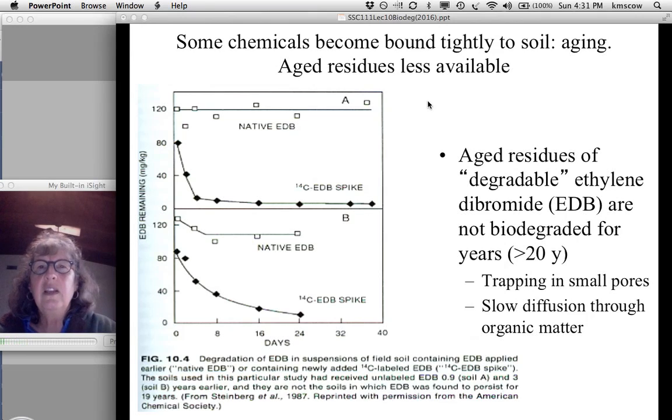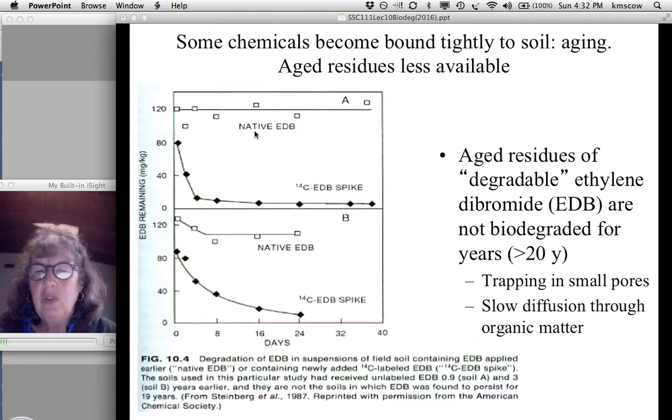Okay, and then the last issue is this process. This is such an interesting situation. Ethylene dibromide was a chemical that was used for a long time. It's very volatile. It was used for fumigation for many years, but then they realized that it was quite toxic, and stopped using it. This is over in the East Coast. And